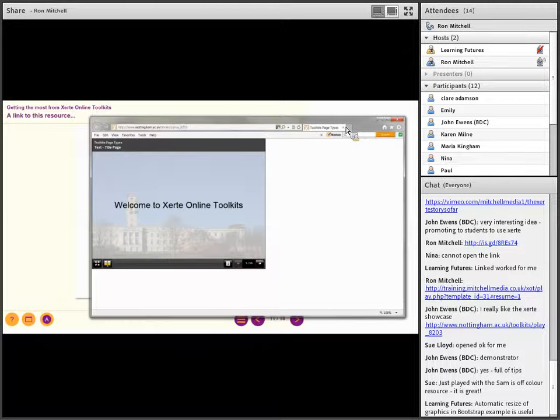So for instance, whereas the plain text page in the old Flash version was probably the least popular page, as text behind glass isn't really adding any value to what you would create, it now almost becomes the most popular page because we have a WYSIWYG editor which enables you to put any number of images and graphics and different size text on the single page. So a bit like a Moodle page, where you can use the WYSIWYG editor to add your content and multiple pictures, you'll be able to do that in the new version of Xerte, and there's a demonstration in the next learning resource we're going to look at.